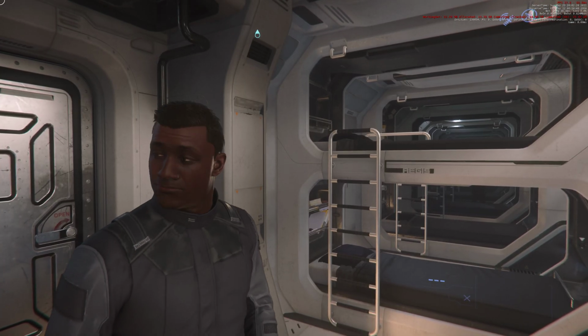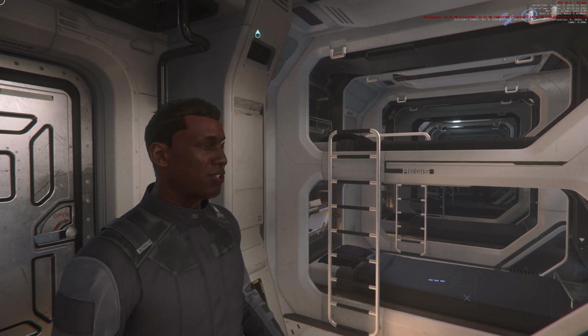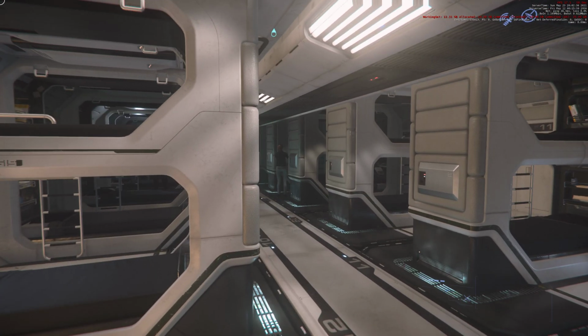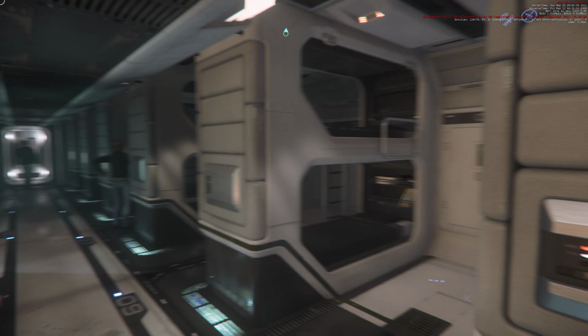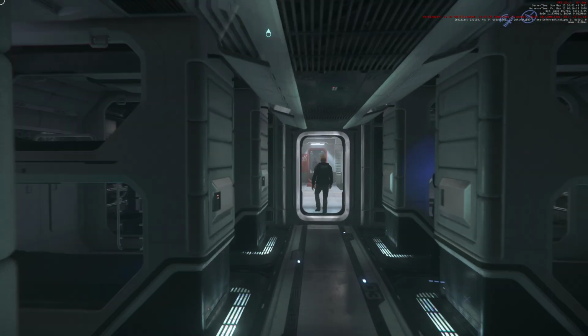Otherwise, yeah, I'm not sure what to tell you. This is where we sleep. Not a whole lot of mystery to it. But I hope this has been enlightening. Please have a look around if you like, but don't touch anything in the bunks, as this is an active ship, and everything in here is...